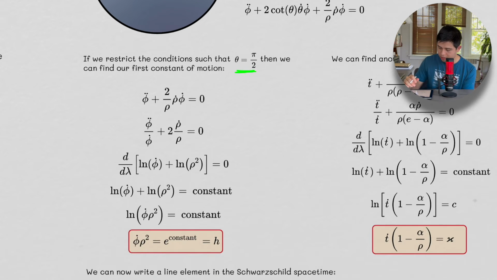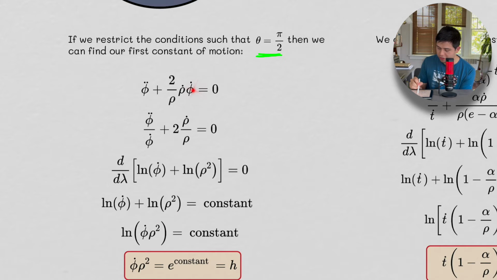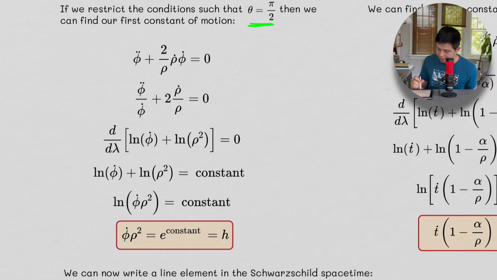And when we do that, we can take this equation here, and we notice that the cotangent of this is going to give us this, okay? Because this is going to go to 0. And when that goes to 0, we can do a little bit of manipulation. We divide both sides by azimuthal dot, right? We don't have to divide both sides by rho, because this is just rho dot over rho. So we get this,